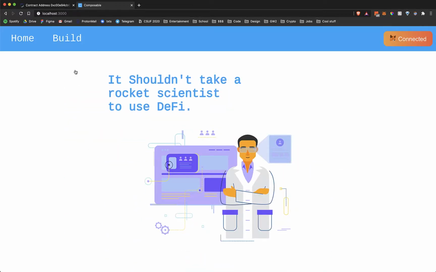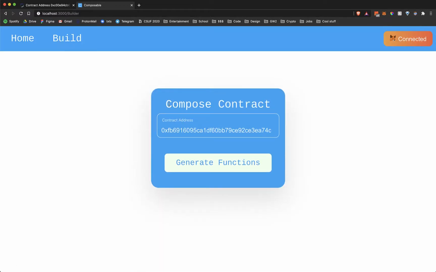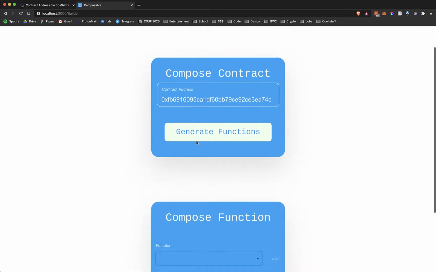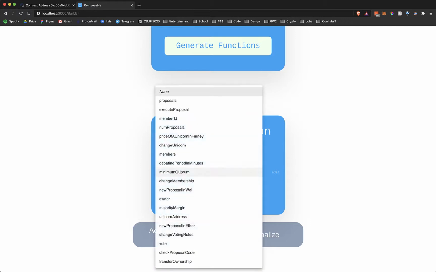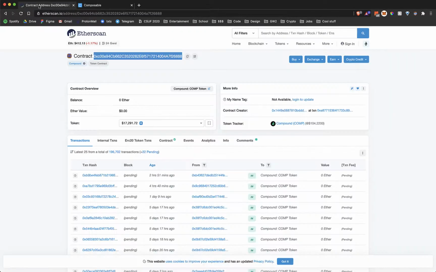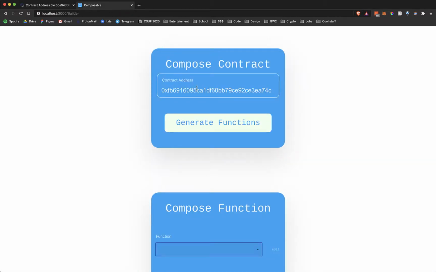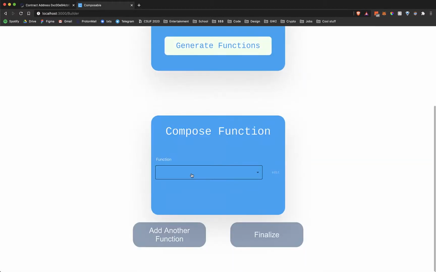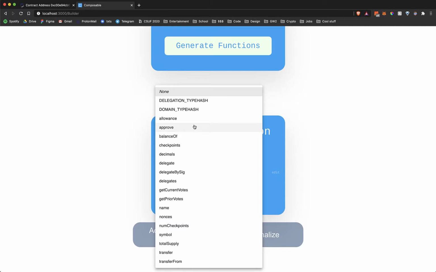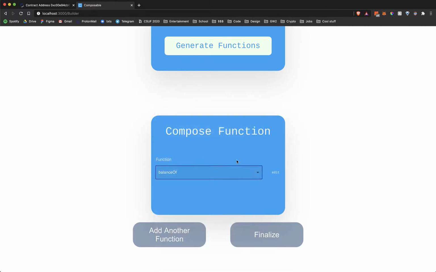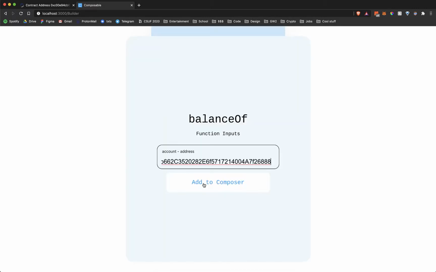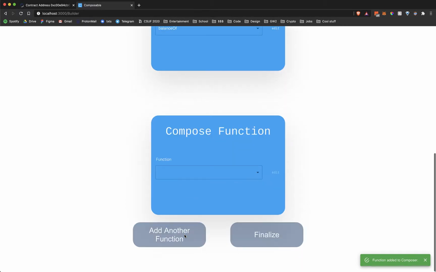If you head over to our build page, you can see functionality to generate functions, and this pulls data off etherscan.io and pretty much just gives you the ABI for any contract. So we can pull things such as Compound's contract and put it here, and then we get all their functions. So how this works is you just choose a function, you can edit its parameters, you can add more functions,